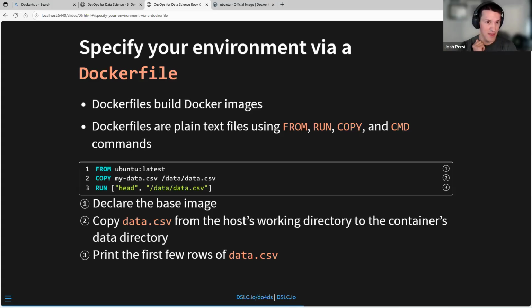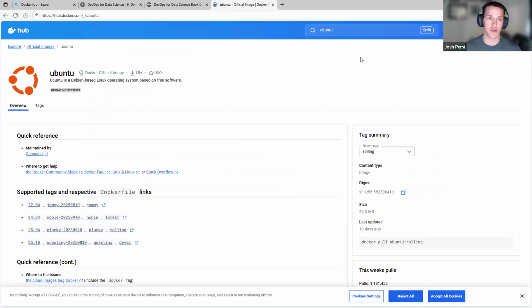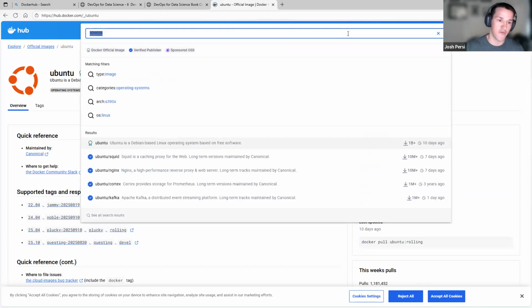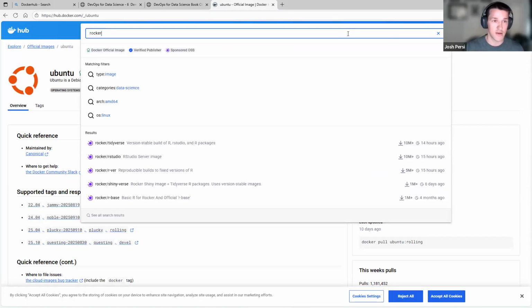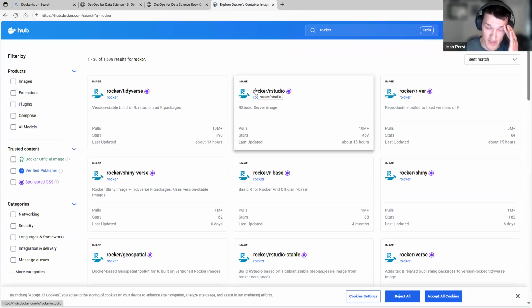The last thing I think I have to say about specifying your environment via Docker file is you could get a very bare bones Ubuntu image and then write commands to install R through the command line or install Python through the command line, although Python I think comes with Ubuntu. But you also have access to a broad suite of pre-assembled images for data science. So for R, I know Rocker. I don't know if that's an organization or like a code name for,